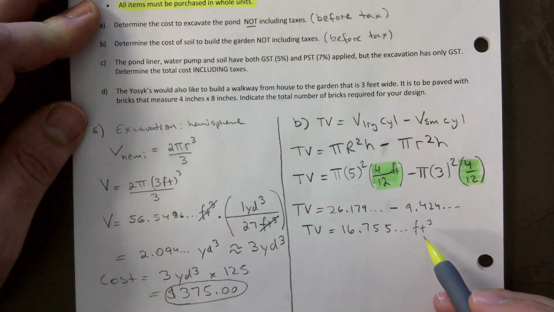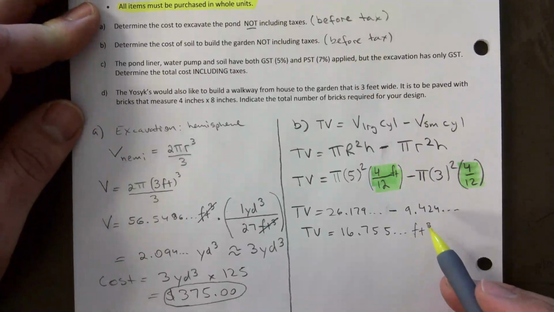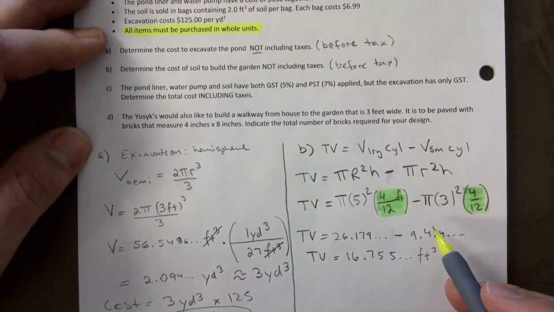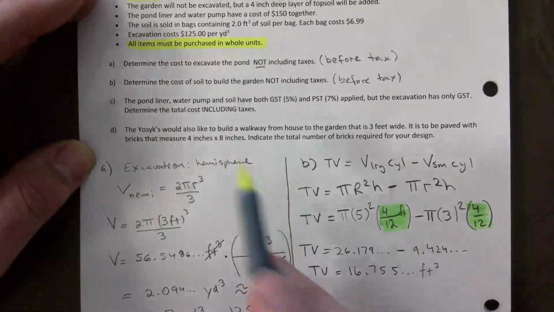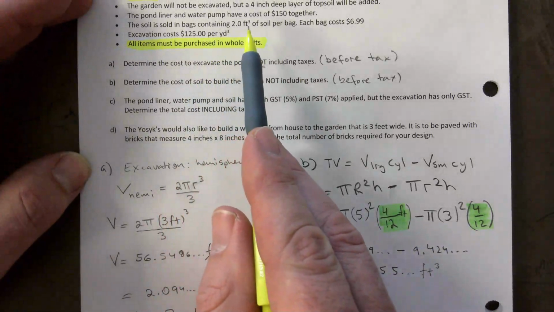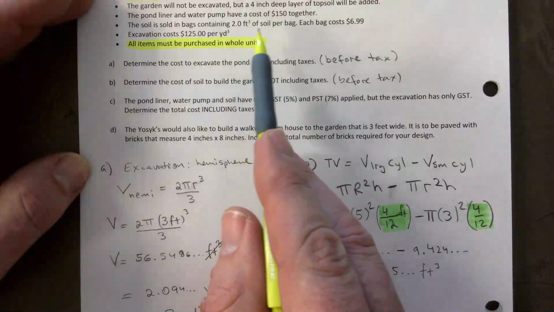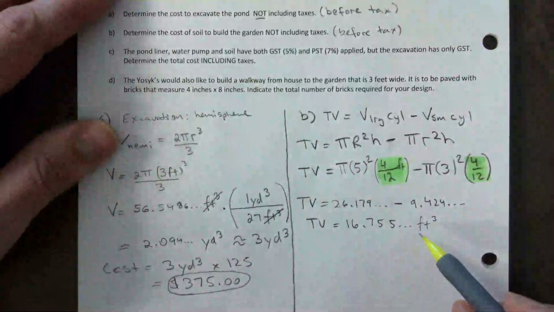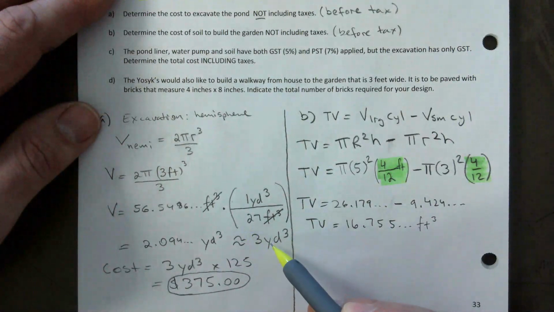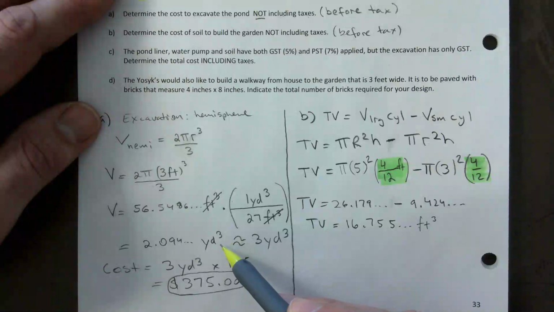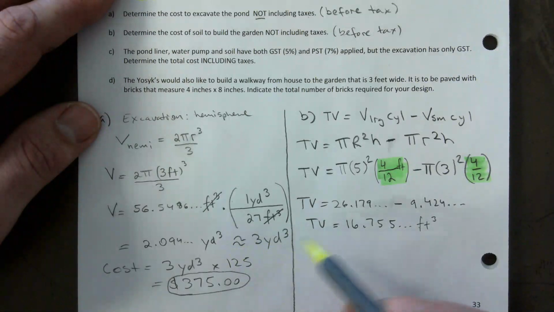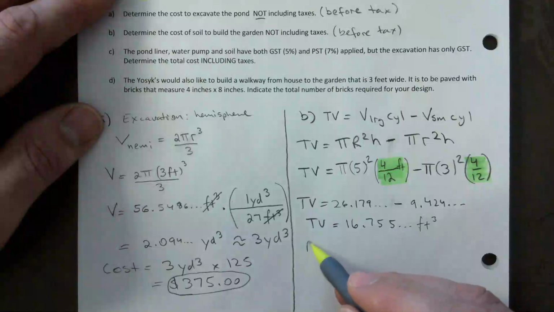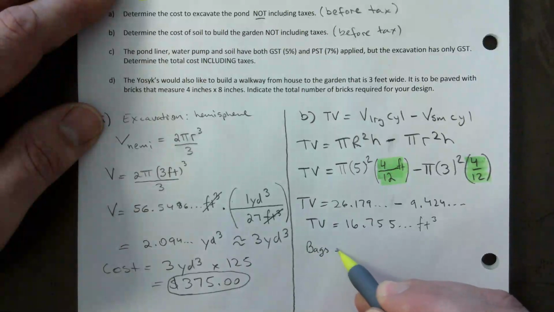But what is soil sold in, or what units quantity-wise? It's sold in 2 cubic foot bags. Okay, they come in that. So earlier we rounded here because you just say it comes in cubic units, so we're just going to round. In this case, we need to go bags. When it's like this, you have to go